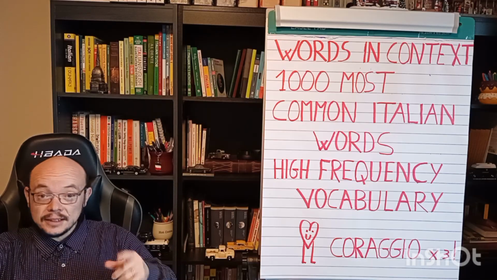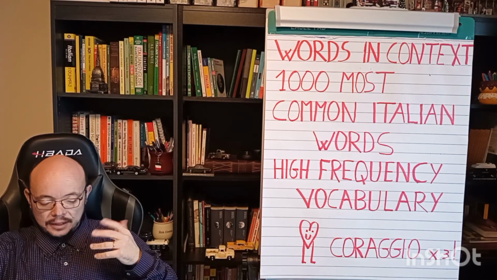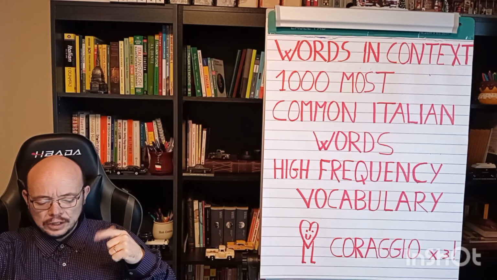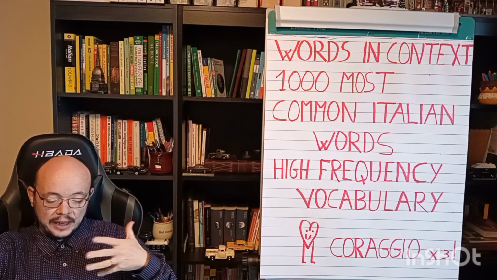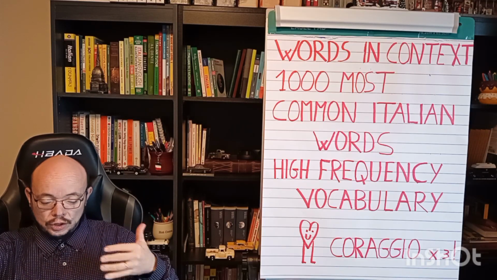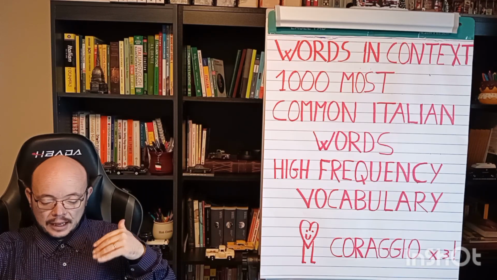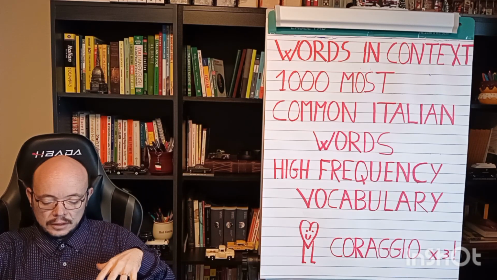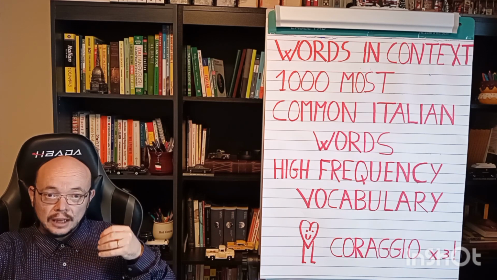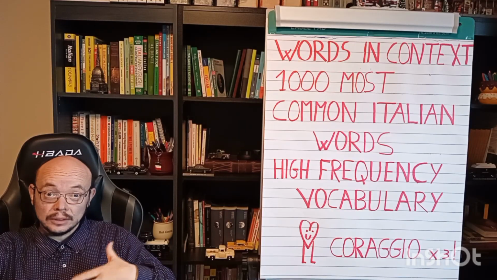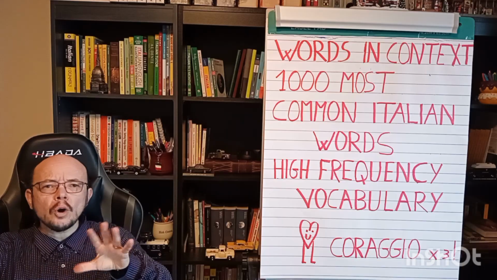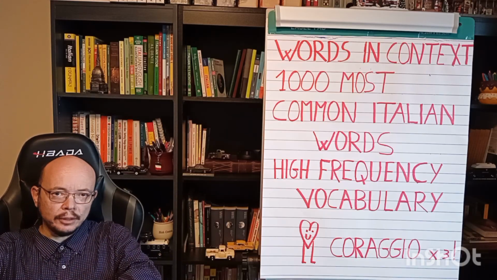And he says that. His dad, that is present on the scene, says, il papà di Carlo dice, per pranzo vuoi un gelato e una ciambella alla crema. Una cosa del genere non è una scelta sana, no? Carlo's father says, for lunch you want an ice cream and a donut with cream. Something like that, una cosa del genere, a thing like that, is not a healthy choice. Sano, sana means healthy. Scelta means choice.